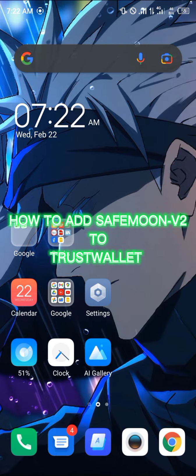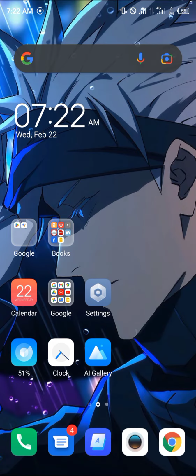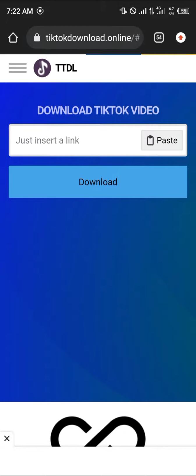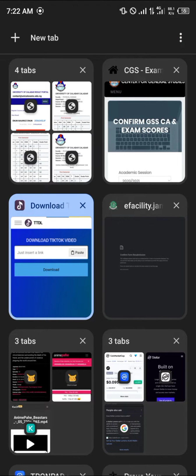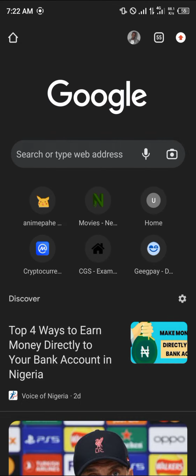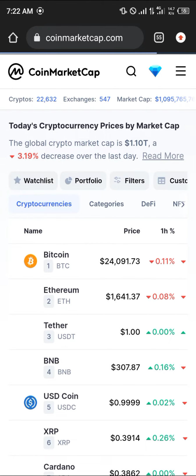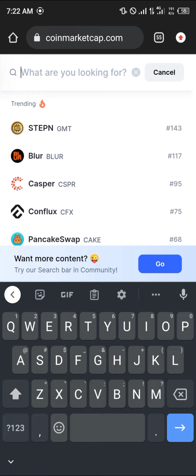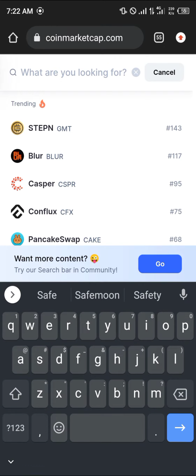In this quick video, I'm going to be showing you how to add the Safemoon version 2 to your Trust Wallet application. So what we're simply going to do is head over to Google Chrome. Once you've opened up your Google Chrome, we'll be making use of a site known as coinmarketcap.com. Upon getting there, we'll be using the search bar to search for Safemoon